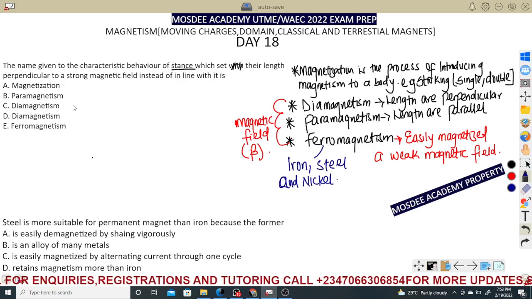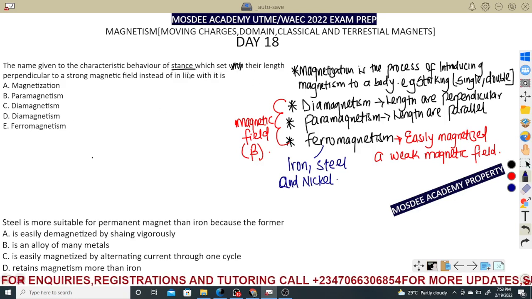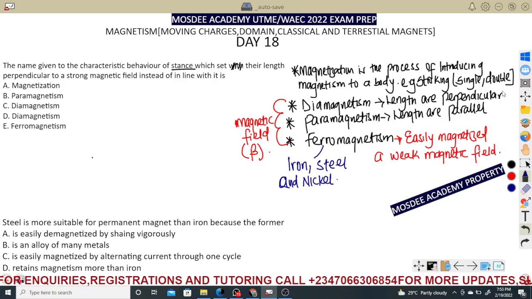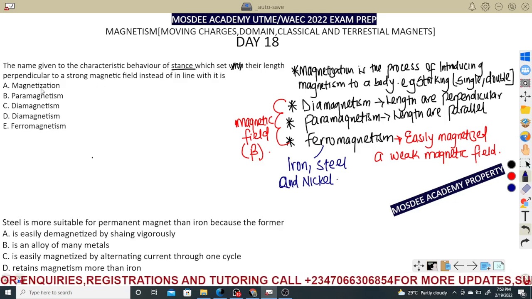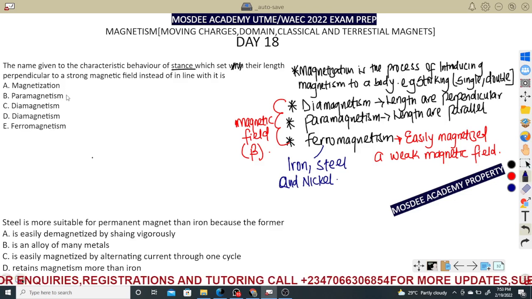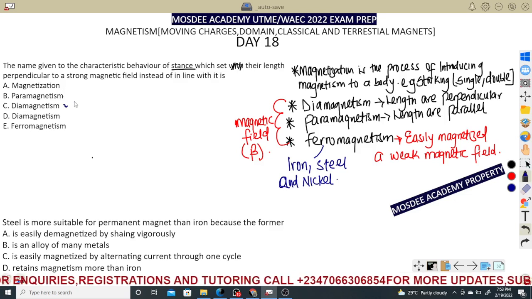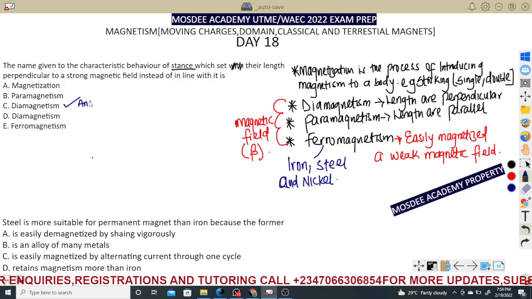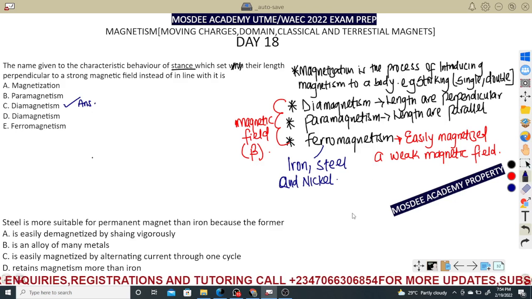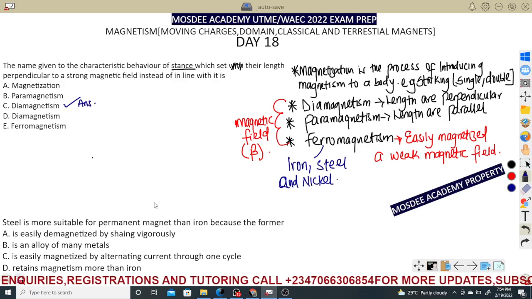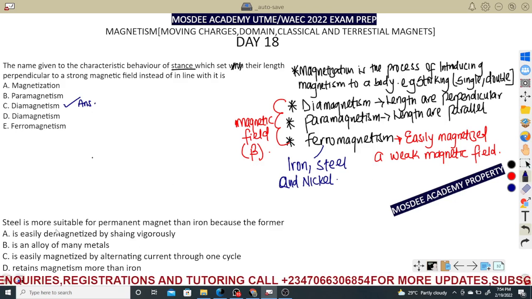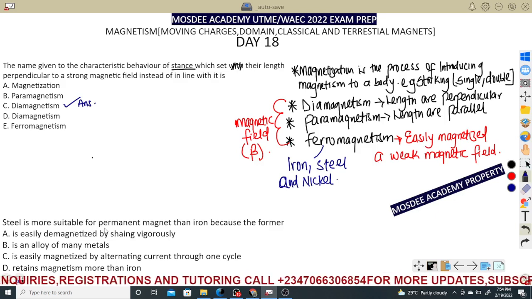So we take the answer to this. You can see their lengths are at right angle. Perpendicular means right angle. And the answer to that is nothing but diamagnetism. So please, this is the right answer to that question from the explanation I have given to you. The second question: steel is more suitable